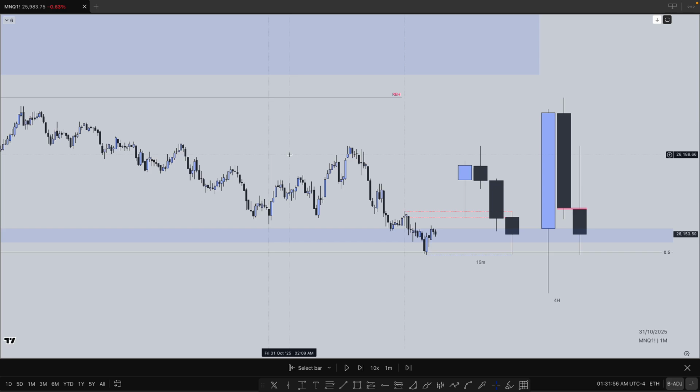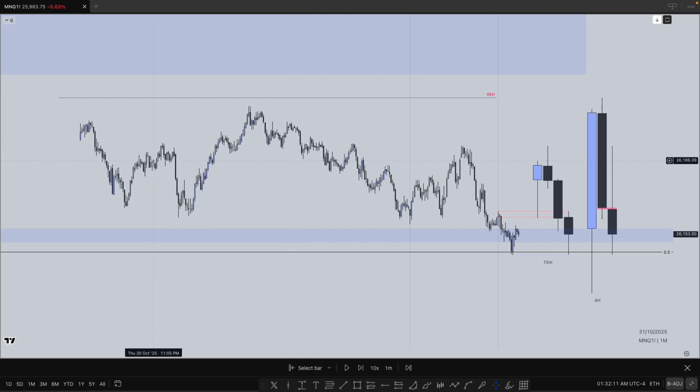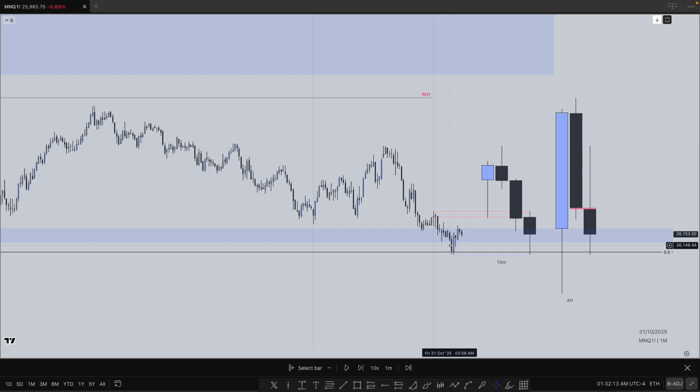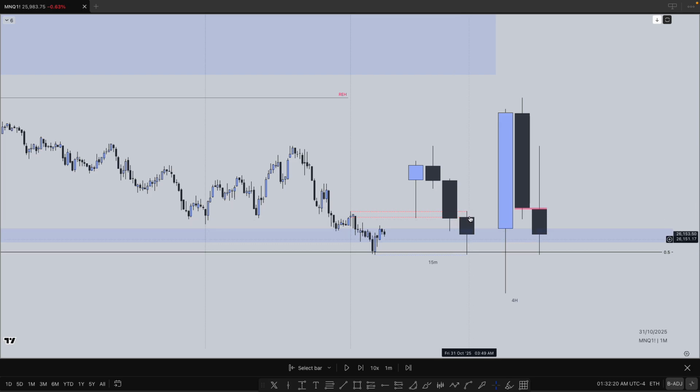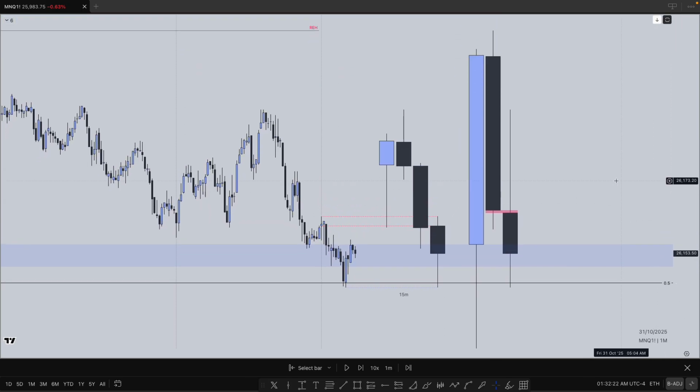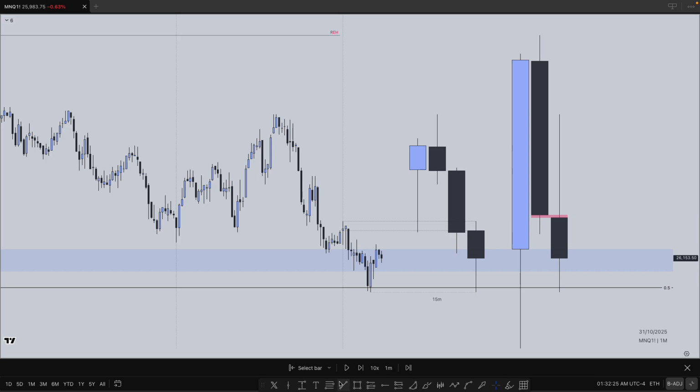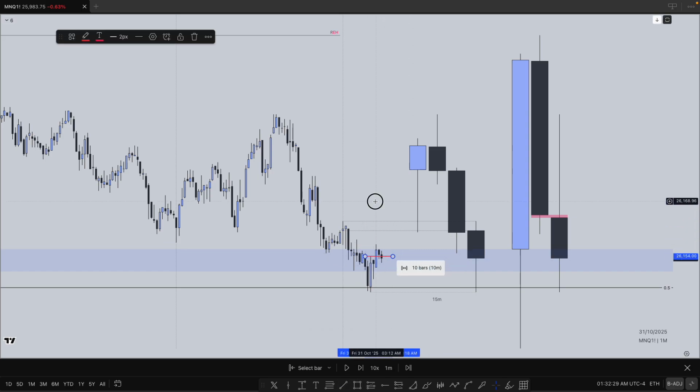So right now for me, I've got my high time frame bias, trading from the new day opening gap to Asia's relative equal highs. Right? I've confirmed that swing low on the 4 hour, so that's bias long. On the 15 minutes, I've then traded into that new day opening gap and then tapped into the 0.5 of that wick. And you can see now I'm starting to form a swing low on the 15 minute chart,